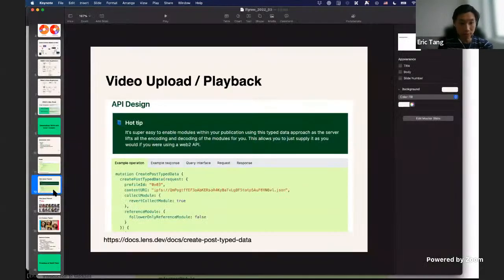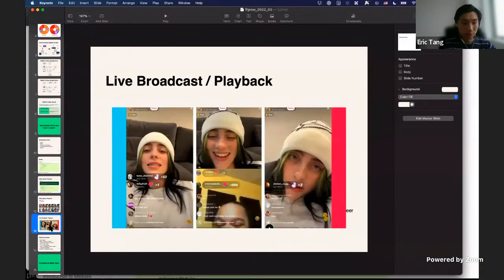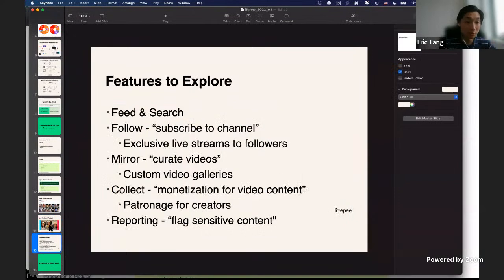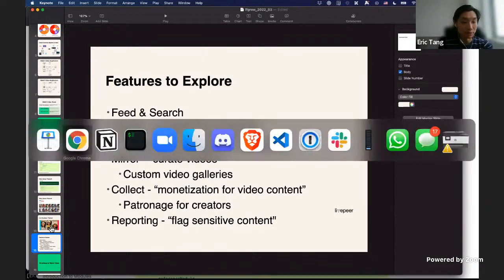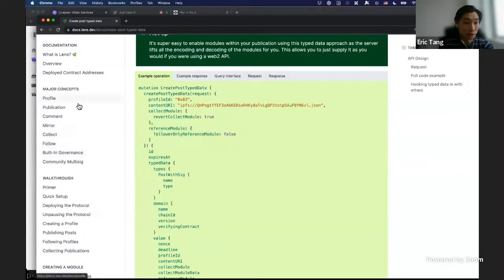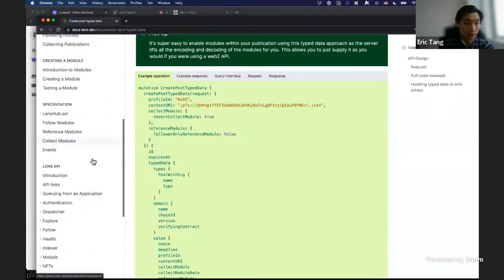Cool. So these are the basic video streaming features and how you would use Livepeer to add video streaming into your applications, right? So what are some of the other features that you can potentially think about? Well, one is how do you build a home feed? If you launch into TikTok, you're sent into a home feed, right? There happens to be a pretty handy tool inside Lens that I think would be helpful.